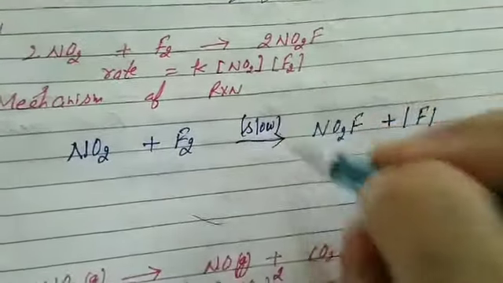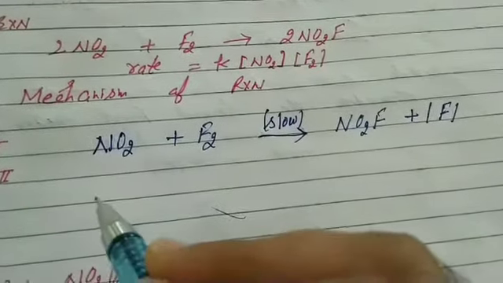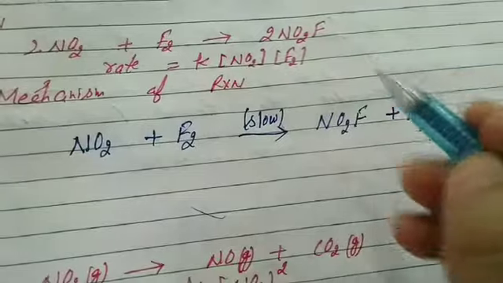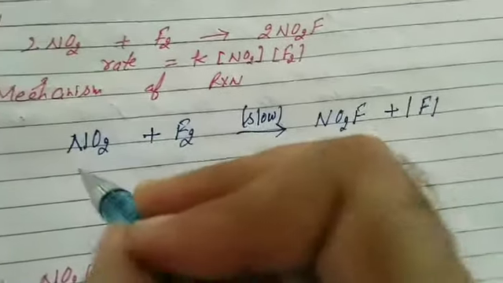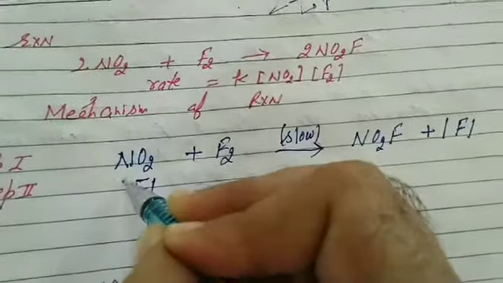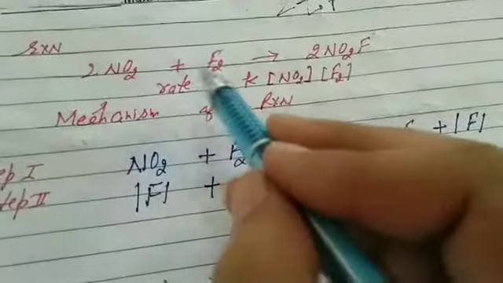Slow step is called rate determining step. Now we will give the second step of the reaction. Students, nascent fluorine is not in the given equation. We randomly write it. So it proceeds in second step, because when we add it cancels. Plus, now what will be mentioned? Again we will check the given equation which is in question.